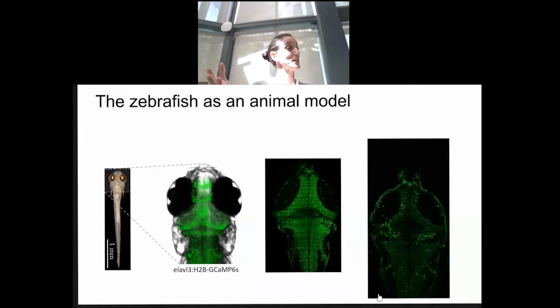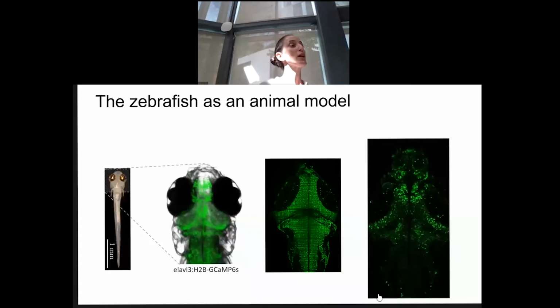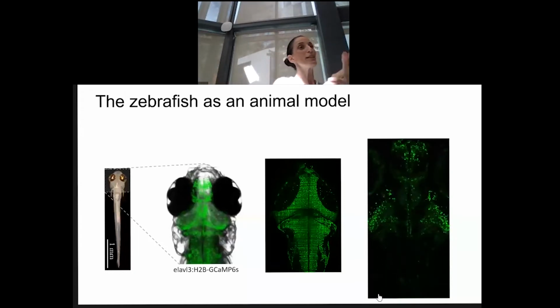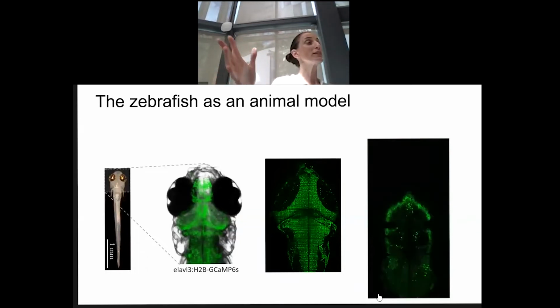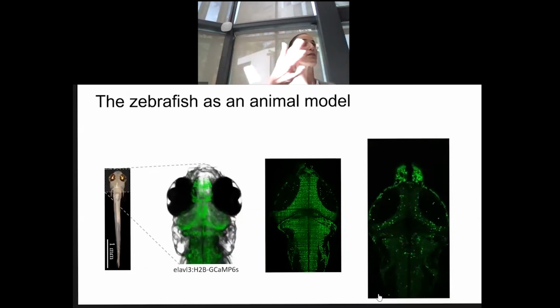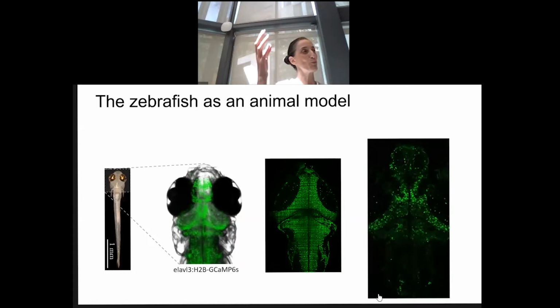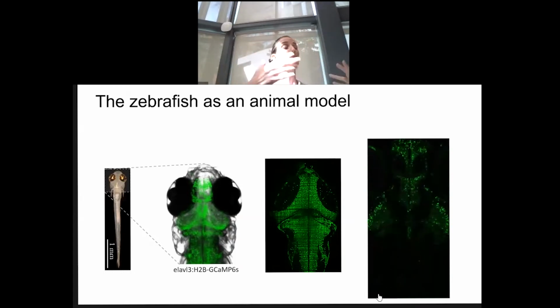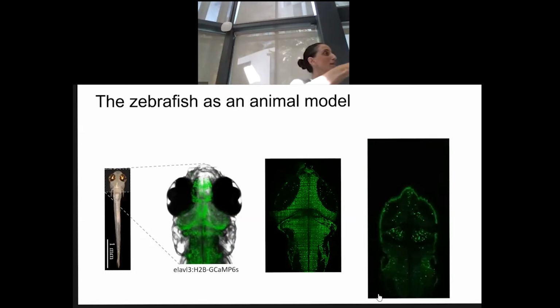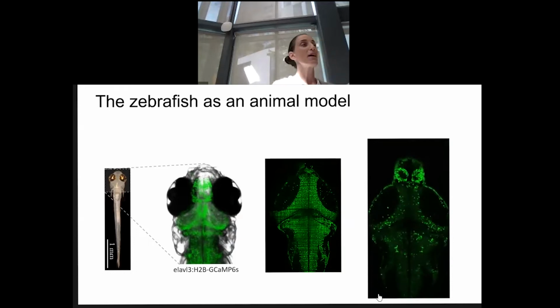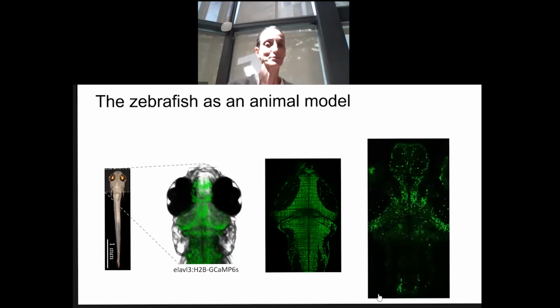So this is the only animal at the moment that we are able to record the neural activity from its entire brain. So it's like a network that is complete and intact. We are doing nothing to the animal. We are not doing anything invasive. And that's the beauty of the technique.